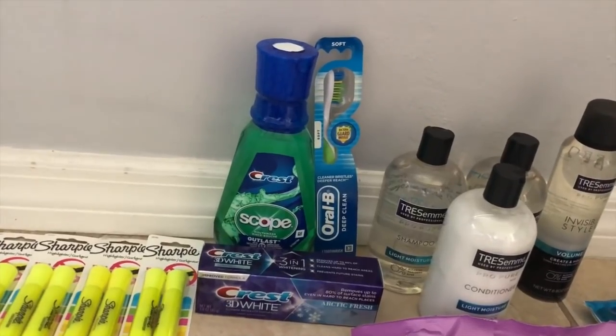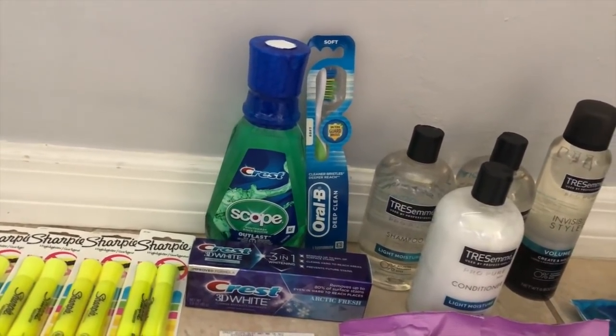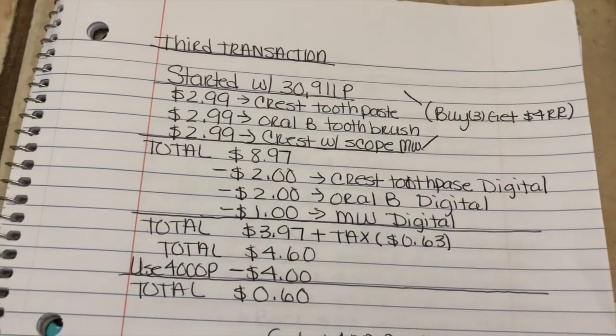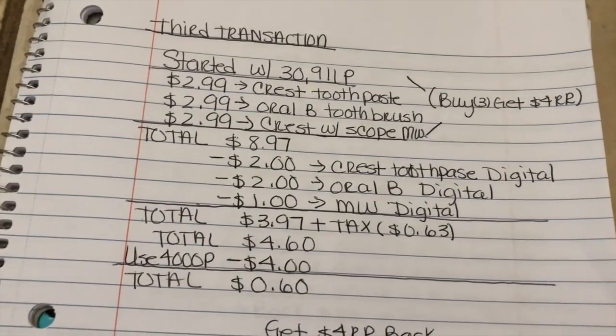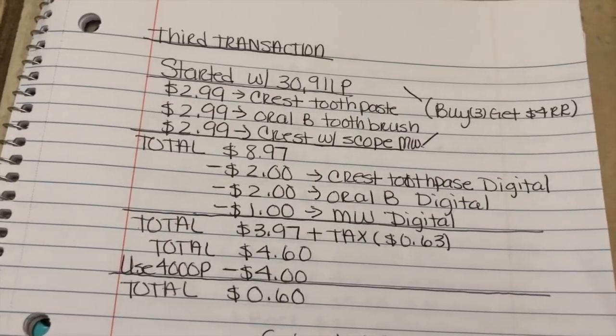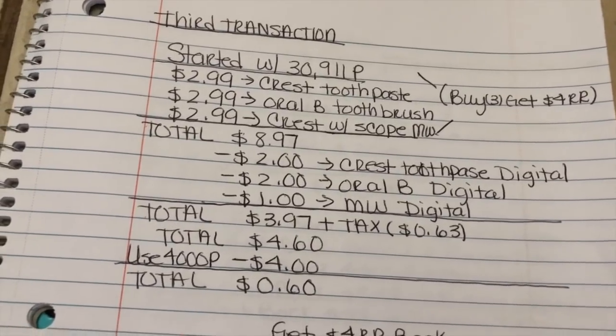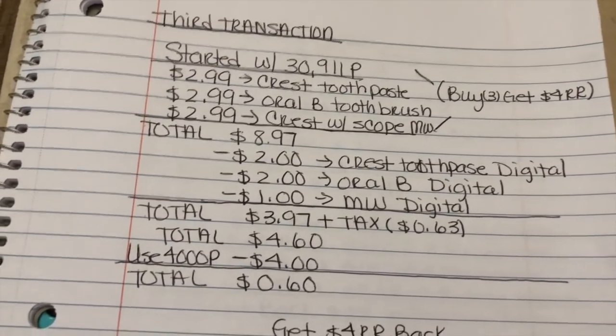For my third transaction, I picked up the Crest with Scope mouthwash, the Oral-B toothbrushes, and then the Crest toothpaste. So I'm starting with 30,911 points. The oral care is buy 3, get a $4 register reward. So I picked them, each of them, at $2.99. They were all on sale for $2.99, making the total